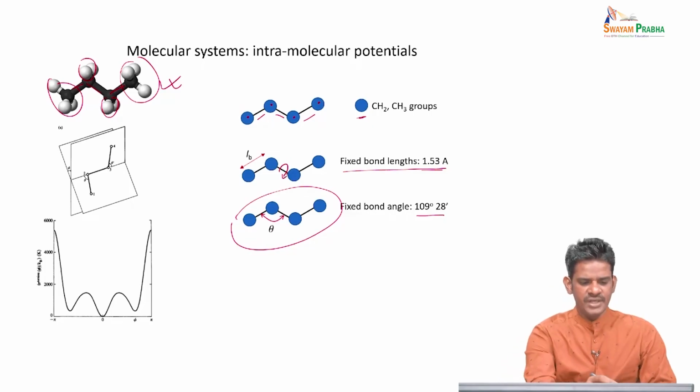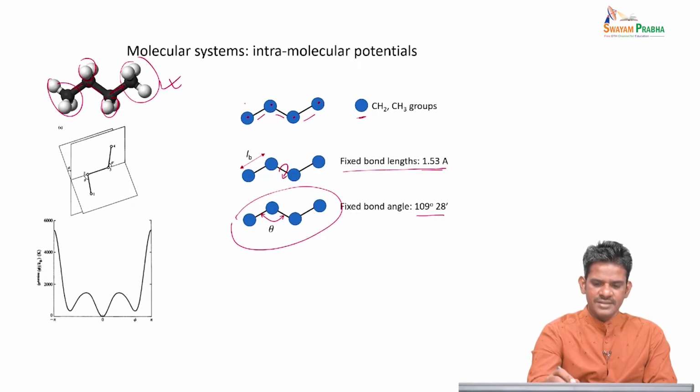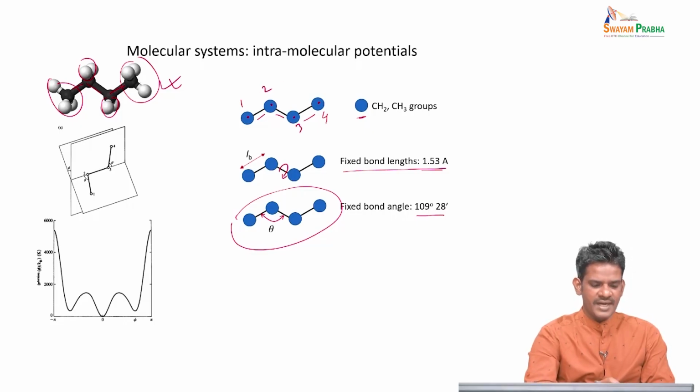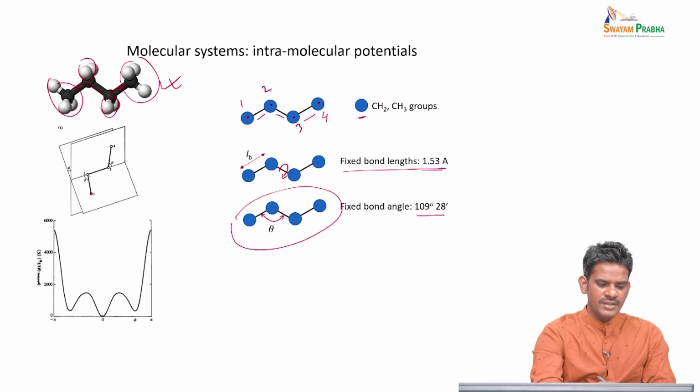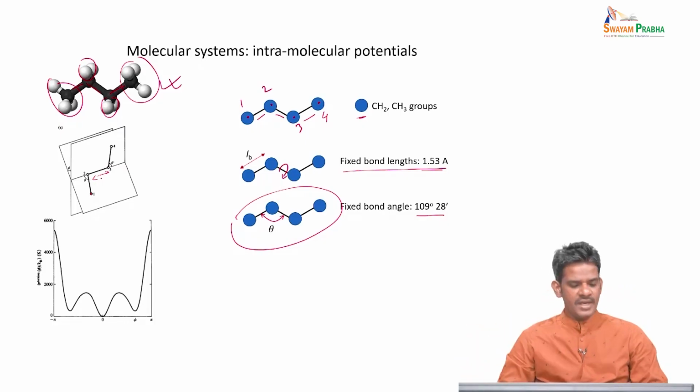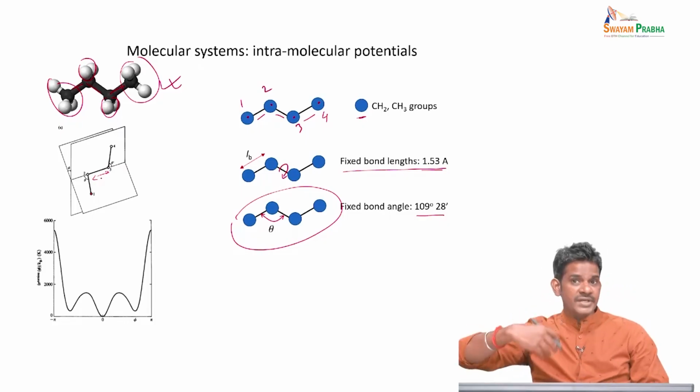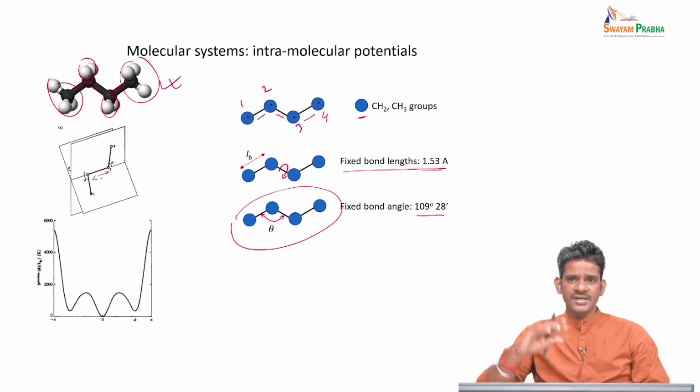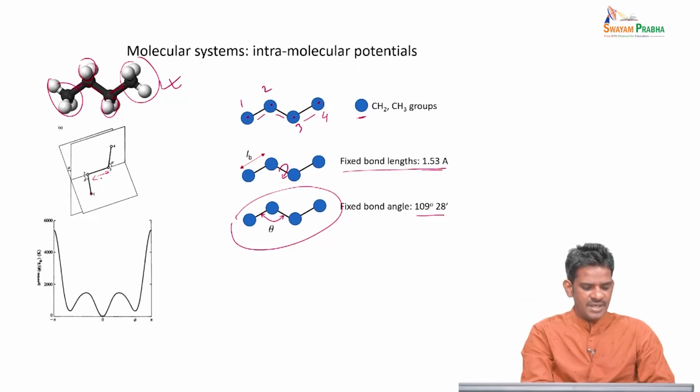So that is shown here in this particular plane. Imagine these are the numbers 1, 2, 3, 4 for the atoms, and about this bond between 2 and 3, the molecule is allowed to rotate. This rotation has a particular energetics. A certain configuration along the rotational axis has different energies. For example, in this case,